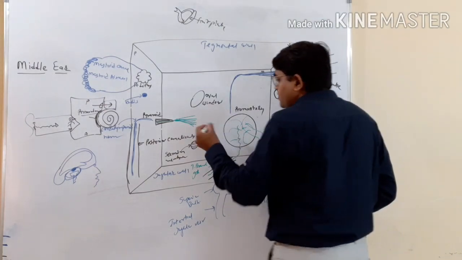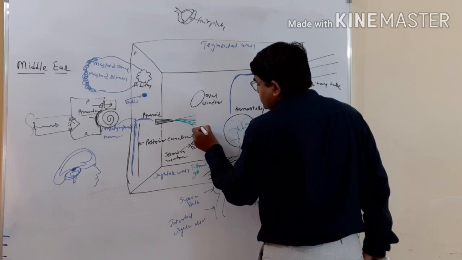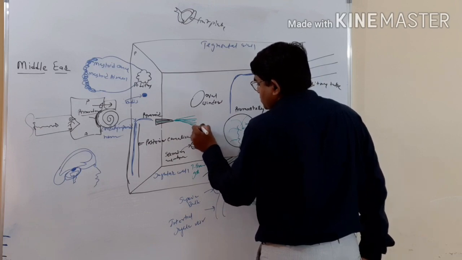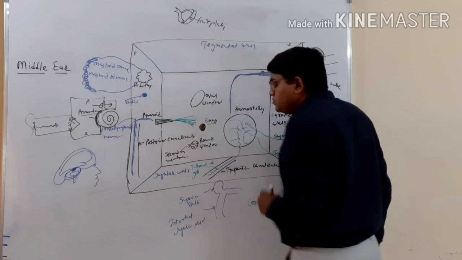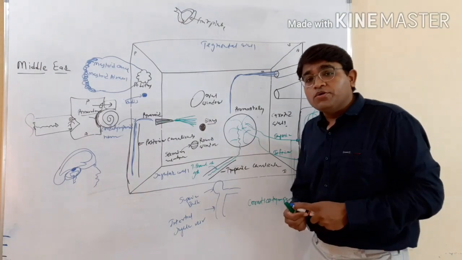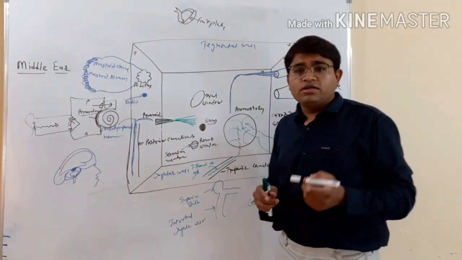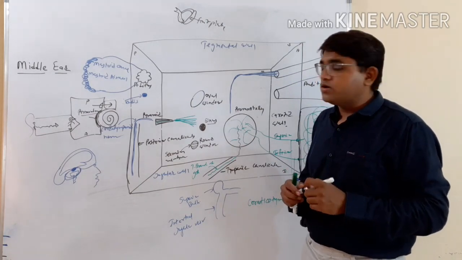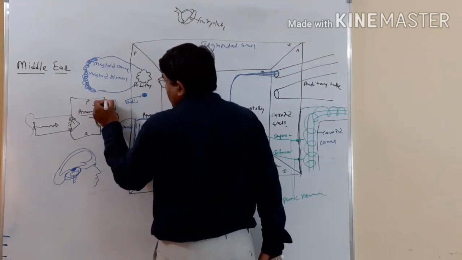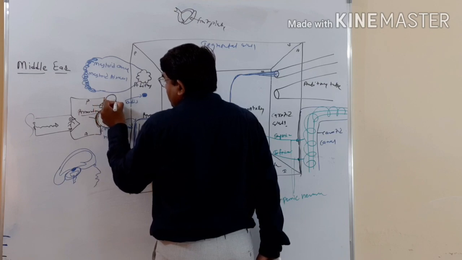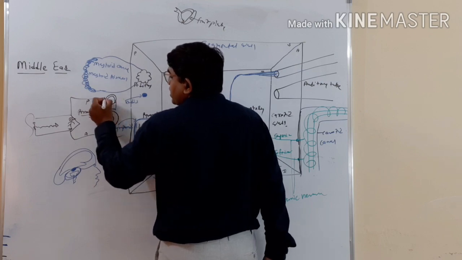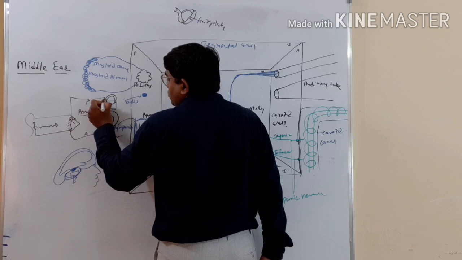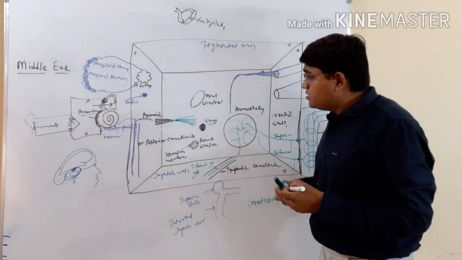Then on the posterior side of the promontory, there is one sinus, and this sinus is due to the ampulla of the posterior semicircular canal. Here is a semicircular canal, and the semicircular canals are like that. This part of the semicircular canal is known as the ampulla, and this ampulla bulges into this middle ear cavity, and this bulging is known as the sinus.